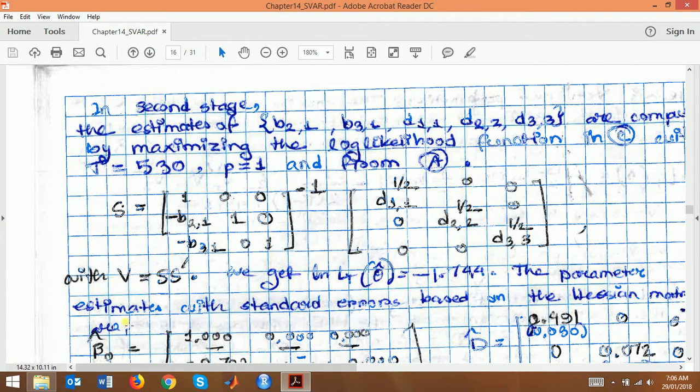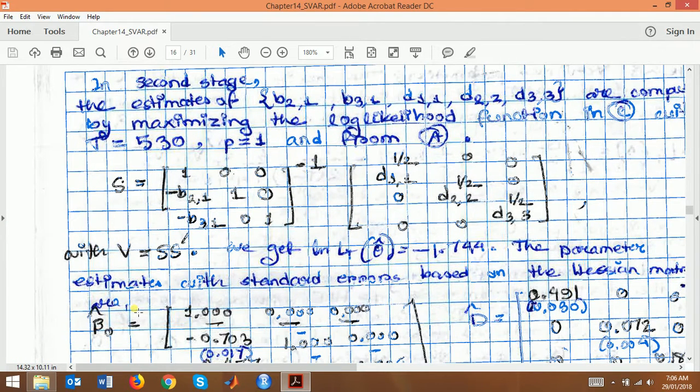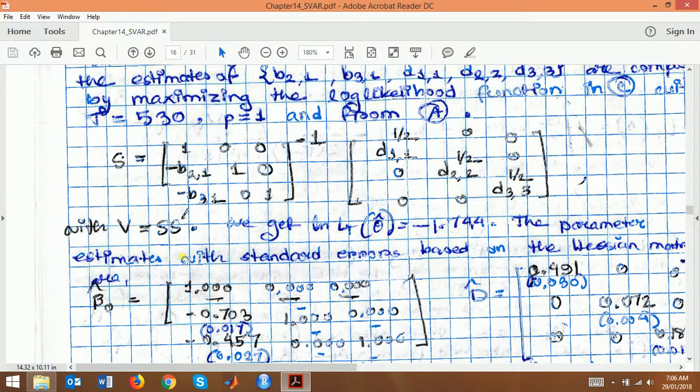And that gives us what? As we have estimated the VAR1 in the very beginning, in the first stage. In the second stage, the estimates of the beta and the D's are computed by maximizing the log likelihood function, with T being the total observations. So first we specify the VAR1 model in the first stage. Then we maximize the log likelihood function from the reduced form equation with the given number of observations, and we get S and V,